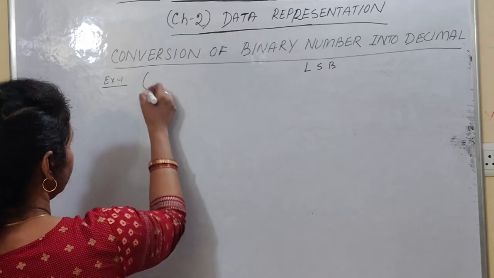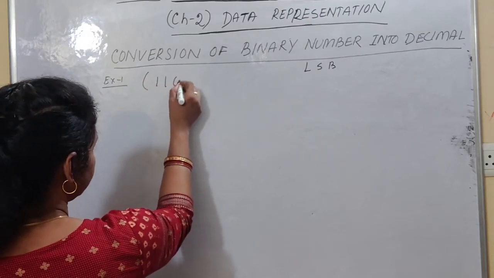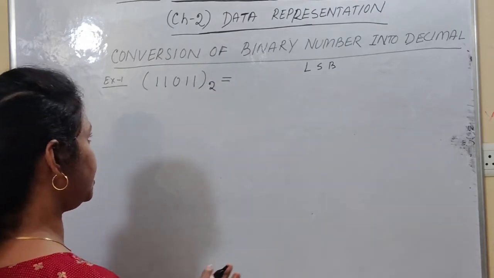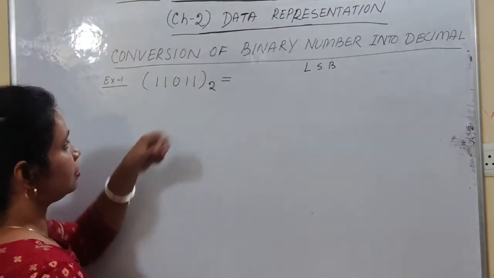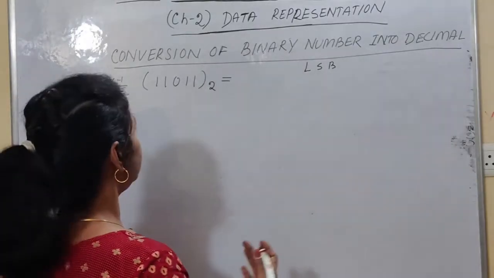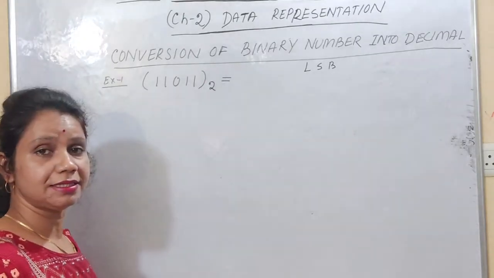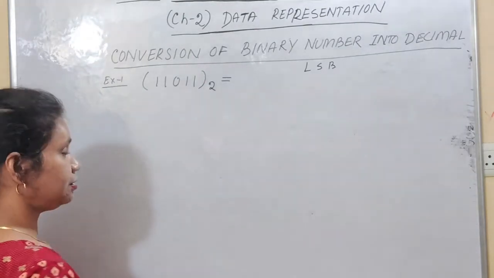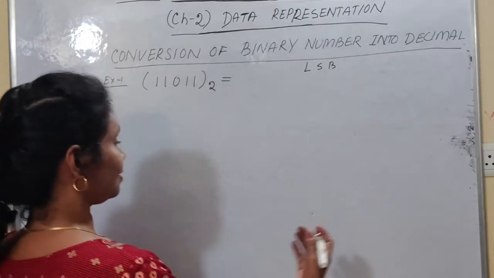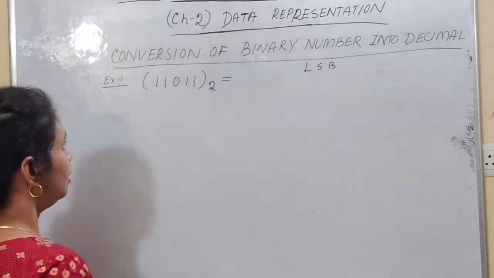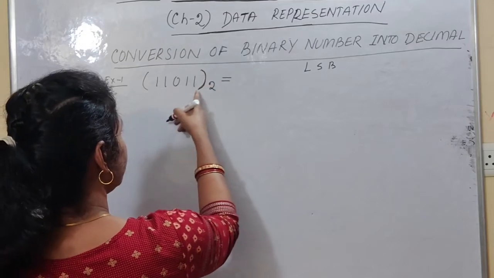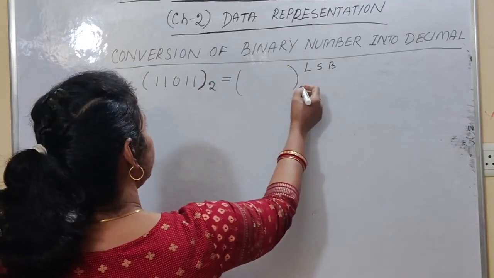So how can you convert one binary number, that is 11011, base is 2. From this base you can confirm that yes, this one is a binary number, and here also I have used the two digits, that means 1 and 0. You know that 1 is used for high voltage and 0 is used for low voltage, is not it? 1 is known as on, 0 is known as off. That is related to our computer electronics, that is ICs, integrated circuit part.